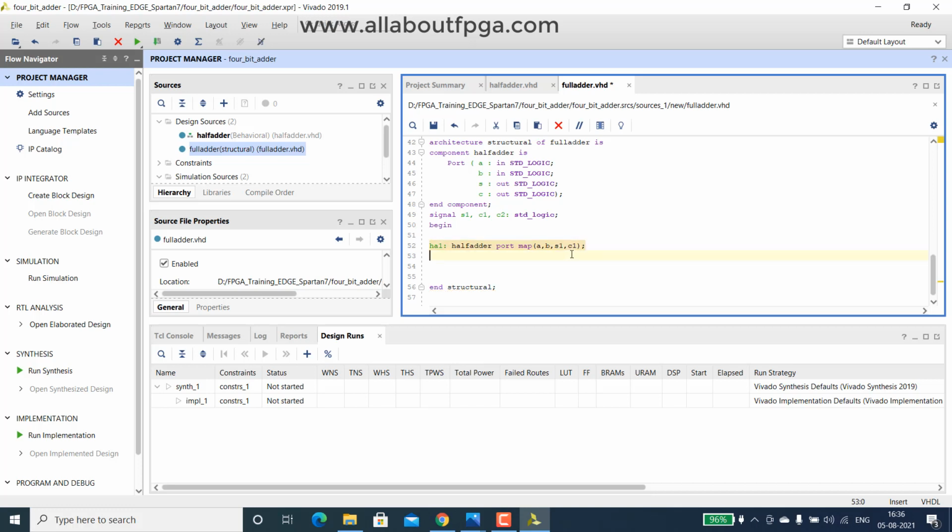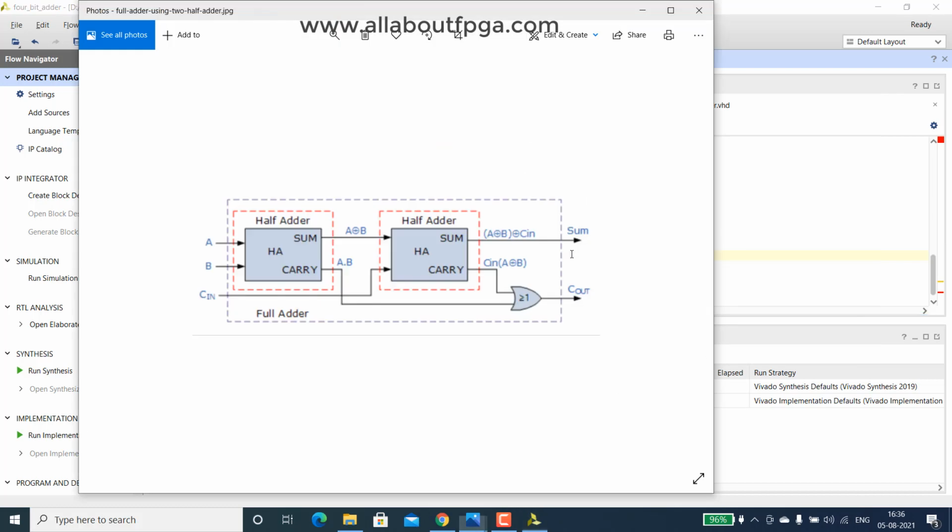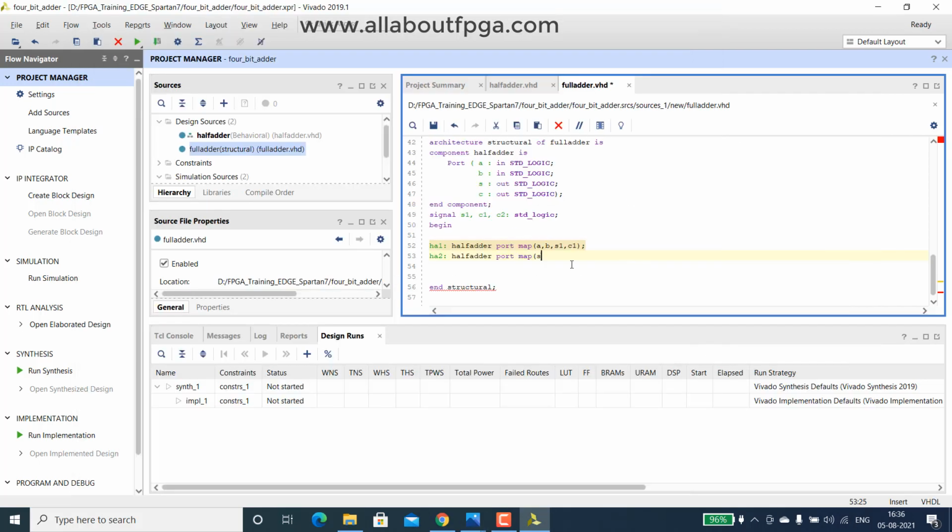Similarly we can name that half adder 2 with the same thing, port map. Here what will be the input to this? That sum S1 will be the input of the second half adder and another input is Cin. So we can declare that S1, the output of half adder 1, then Cin, then output will be sum.